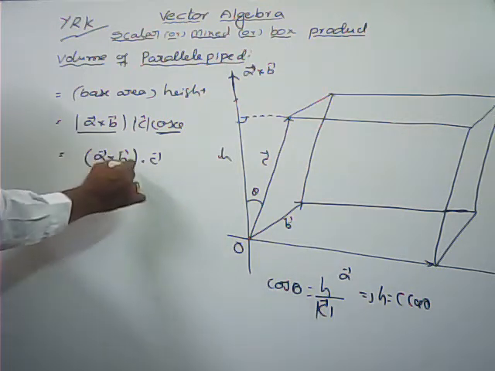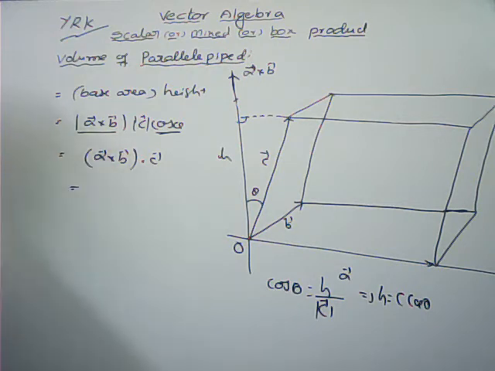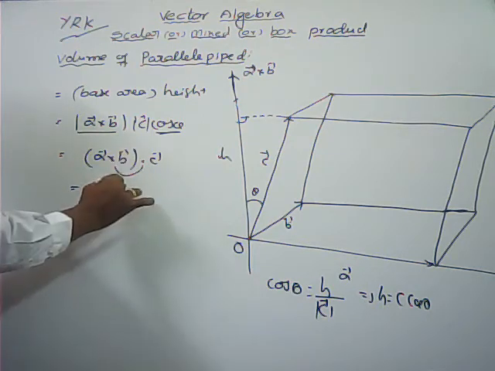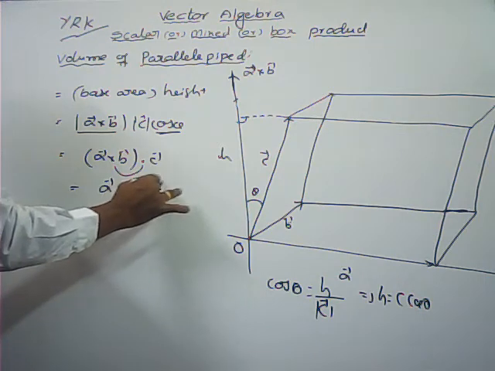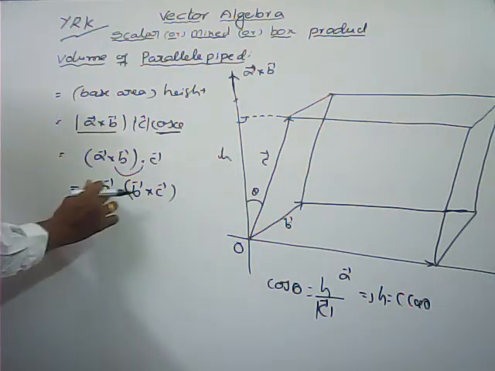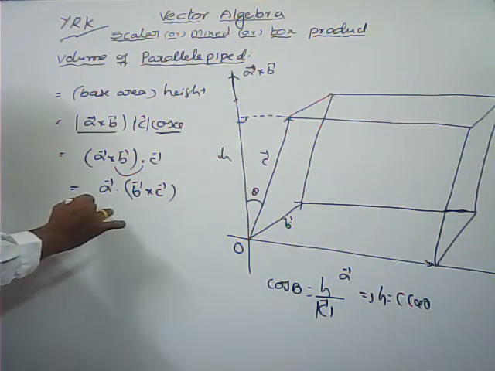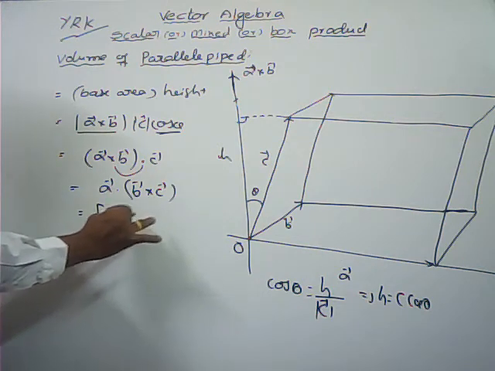A bar cross B bar dot C bar. Here we can interchange these two also. This we can also write directly as box ABC, or A bar dot B bar cross C bar, while interchanging these two, brackets also you can interchange. Both are same, in the properties also we have written. We can interchange dot and cross, at the same time you can change the brackets also. Otherwise A bar dot B bar cross C bar, that is meaningless only. This is a scalar, that one vector. We can't write like that. So this is nothing but box ABC.